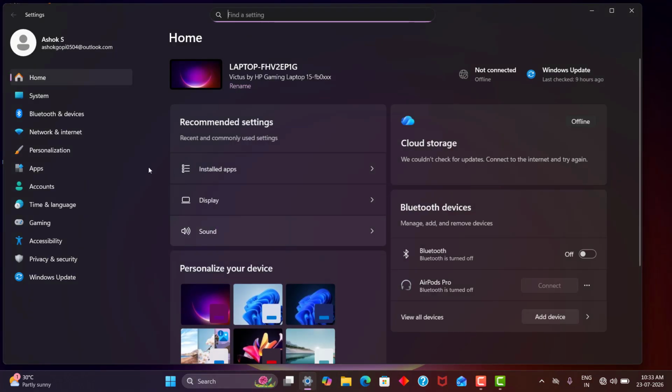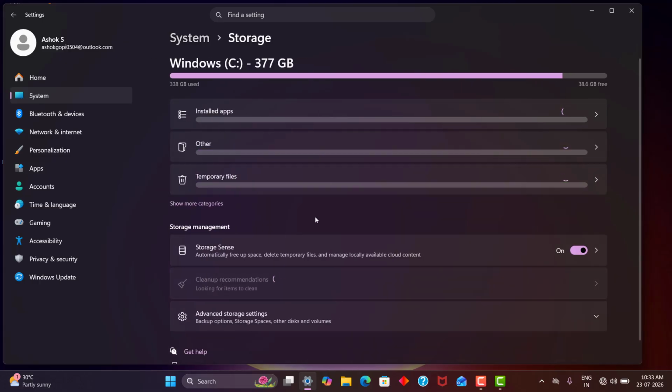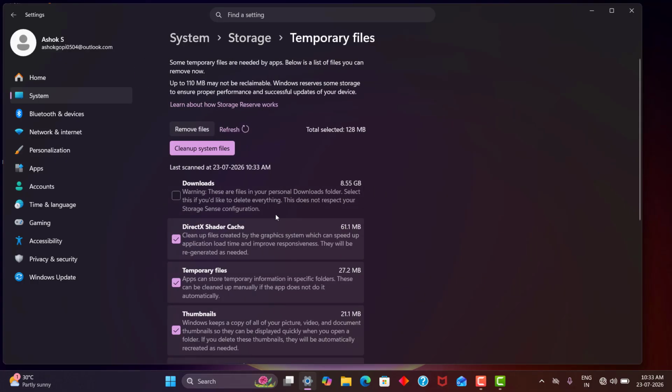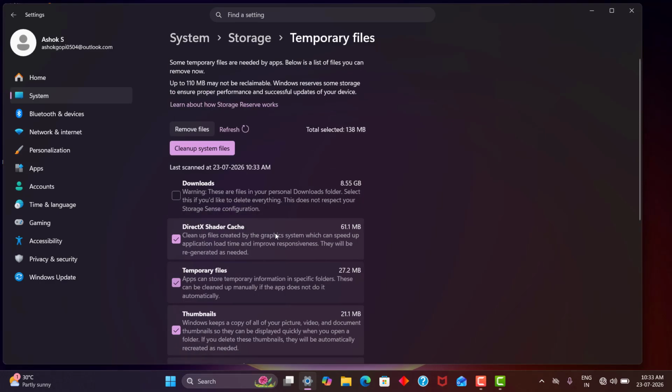And move on with the next step, free up disk space. Click settings, click system settings, scroll down, click storage settings, wait for some time to load. Once the loading is complete, click temporary files, click it, select the files you want to remove, scroll down and select it, click remove,